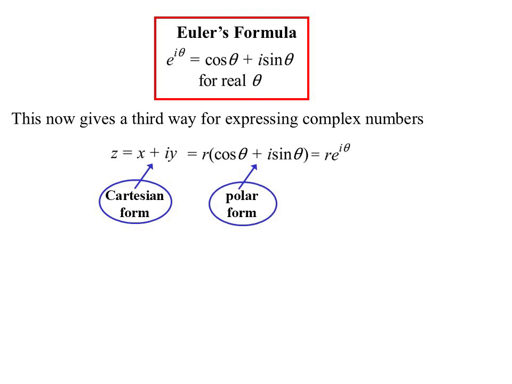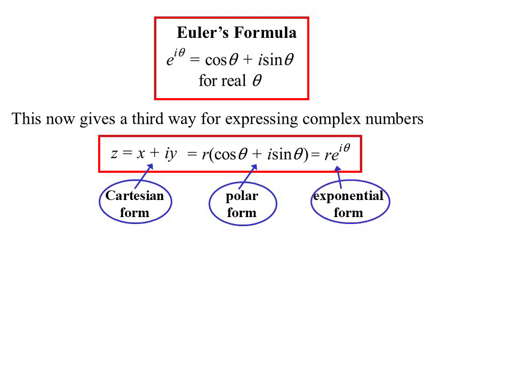Now we have this new way. We can change that cos theta plus i sine theta into e to the power of i theta. Again, we can multiply by the modulus. And that's what we call exponential form. Any time we're using mod arg form, it can be a lot more convenient to have it in exponential form. So 4 minus 4i in exponential form, you might even recognise it as an example we did